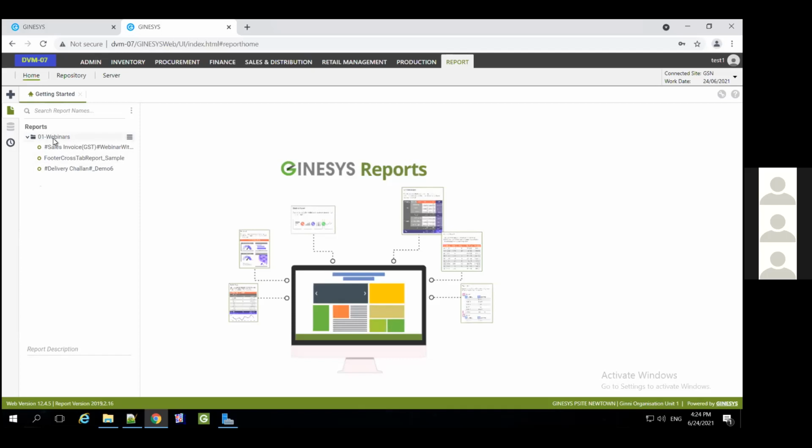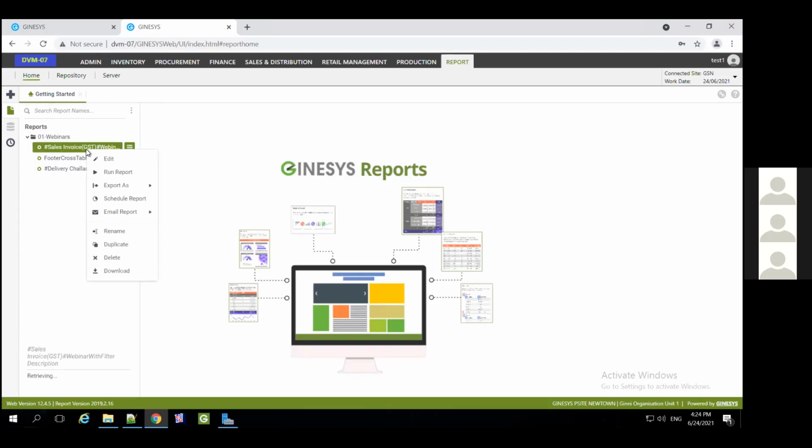Now, by default, in this folder, there were 3 reports. If there are 20 reports, all the 20 reports would show here. If there is just 1 report, only 1 report will show here. So whatever is there in this particular folder pre-existing, tomorrow, if I add 2 more reports to this folder, then when the user logs in the next time, you will be able to see those 2 reports as well. So the folder is constant, but the number of reports can change. The admin, the report admin, or the power user can change the number of reports that can be visible to that particular user.